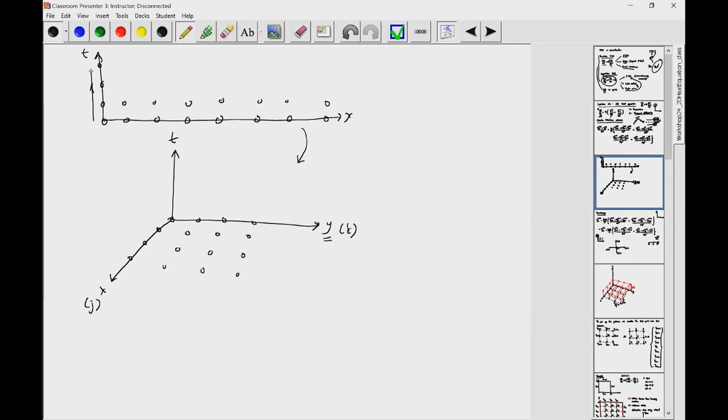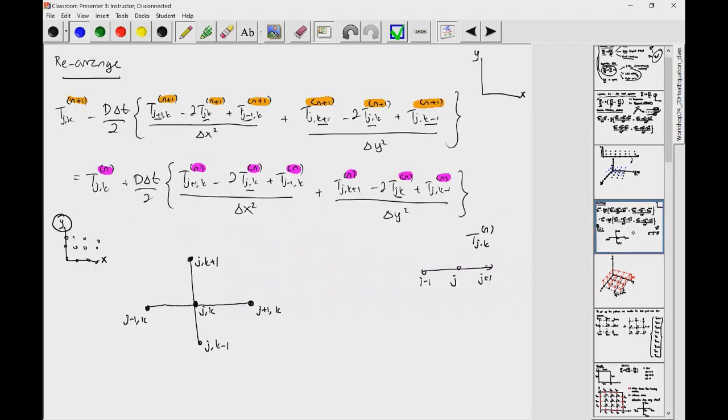So you can see as your t goes up, you have all this distribution of points. In your case here, if you have your x and y, and you increase the time level to solve for n plus 1, effectively you are distributing the same grid points, but right now at time level n plus 1. Okay, so you have to visualize this in a three-dimensional sense. There's a sketch later that I'm going to show you, but for now, when you distribute your grid points in the x and y direction, what you see is